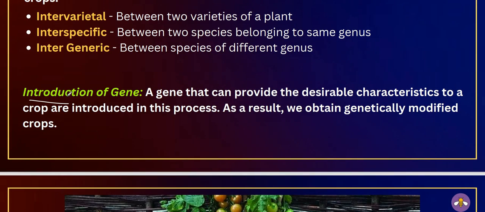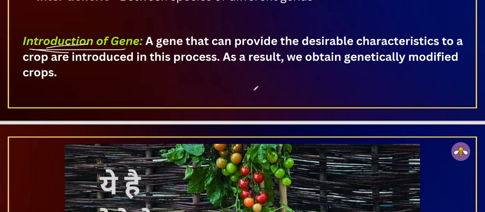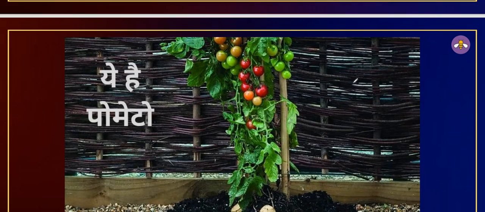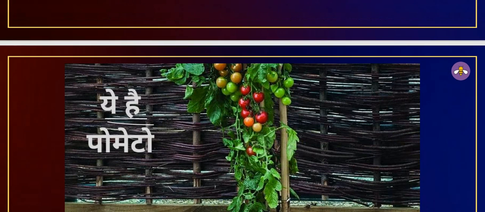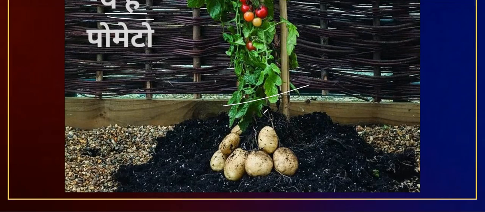Okay, now introduction to genes. So see, everyone knows what a gene is. A gene provides desirable characteristics to the plant and is introduced into this process. It is the thing that consists of all the characteristics of the plant. As a result, we obtain a genetically modified plant. Then what you have is this tomato, having potato at the roots and tomato at